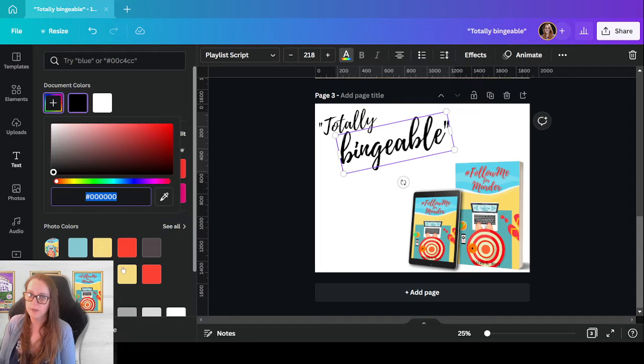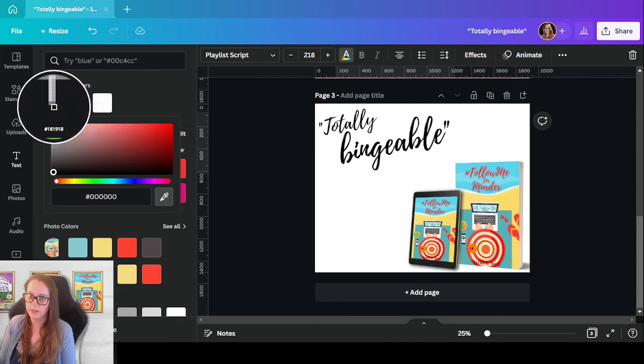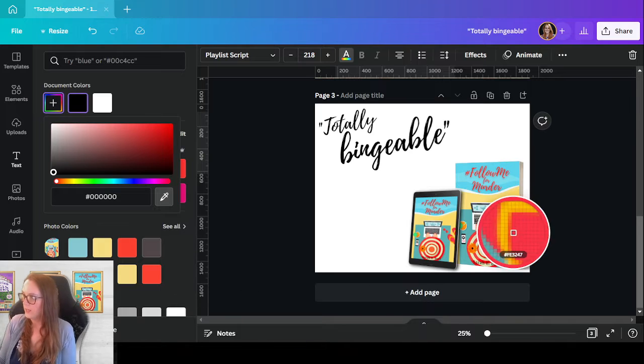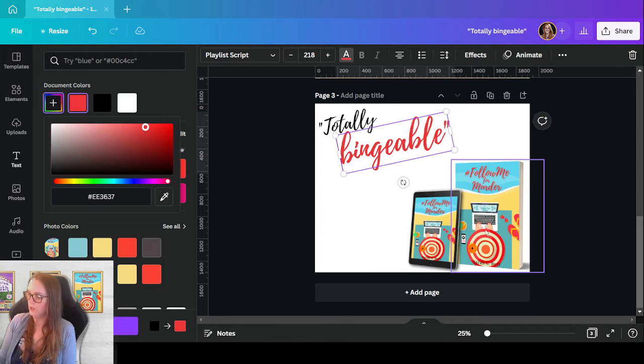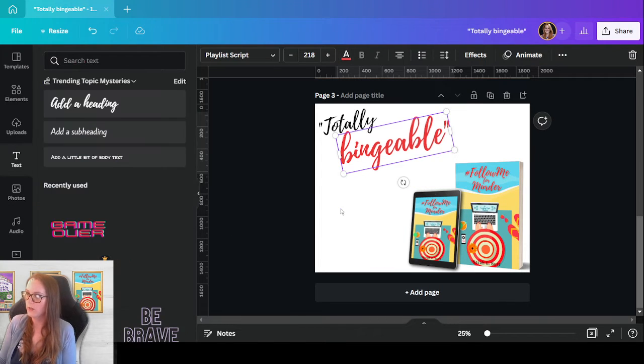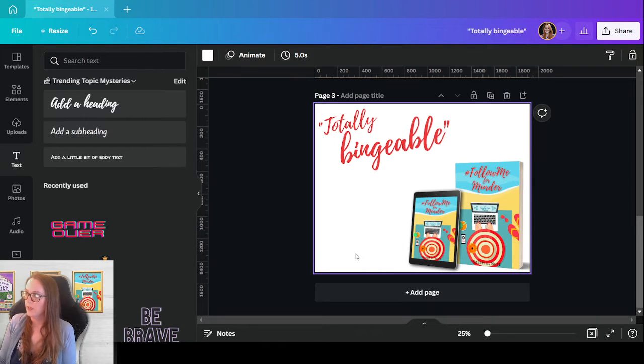And then last but not least, you can just use the eyedropper tool by clicking that little plus sign and coming to the image and clicking until you get the color you're looking for. So you can see totally bingeable, and now I have that same color in my document colors. So I can easily just click it from there. All right, so I've got my